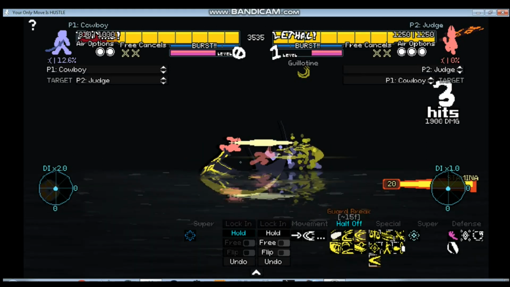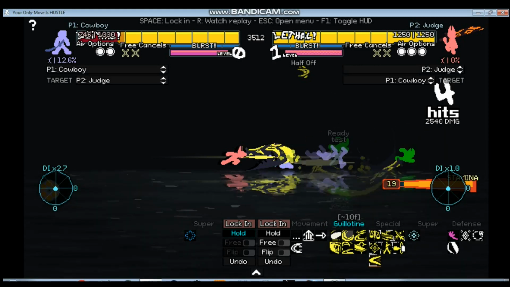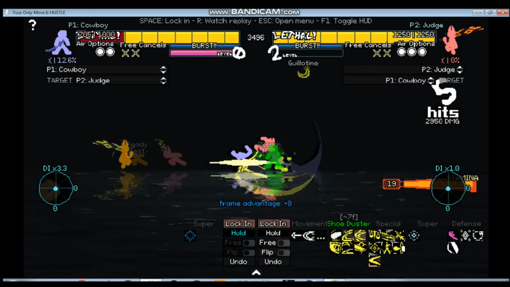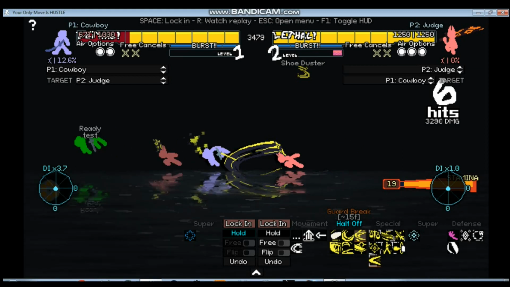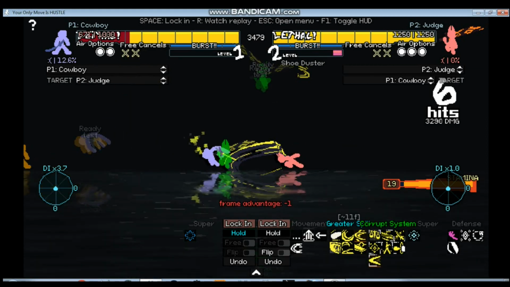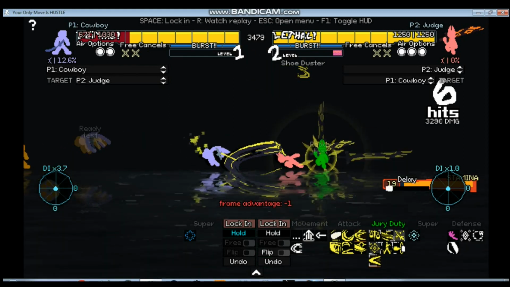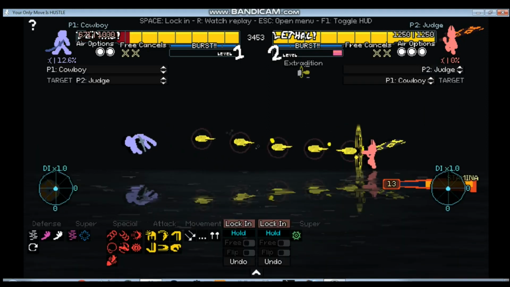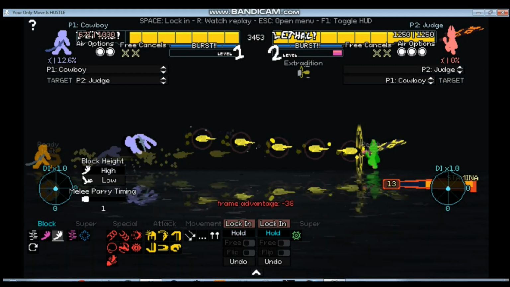Next, Half Off. Okay, then you can try either Shoe Duster or Guillotine again. I recommend Guillotine. Then we can try Half Off again, but this time we'll overshoot, so this time we'll go Shoe Duster. Then we can try Half Off, but there's nothing really you can do. This time the enemy just launched away, so you either have to use Clean Slate or this one. However, if you are smart, you can also use this one. Of course, your enemy can either block these, or they can, you know...